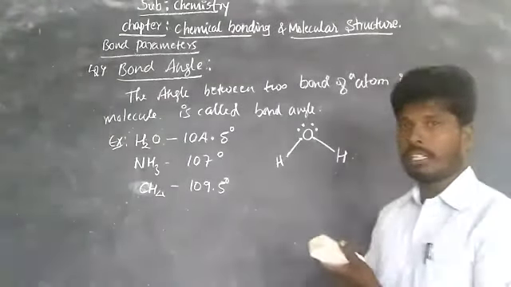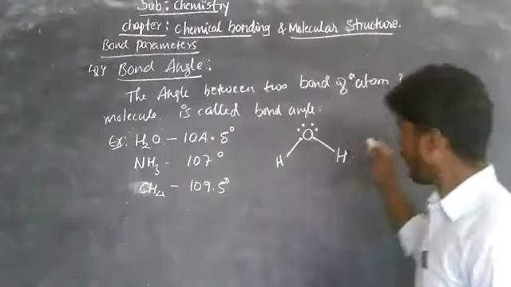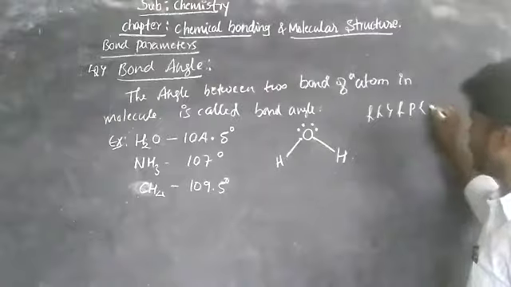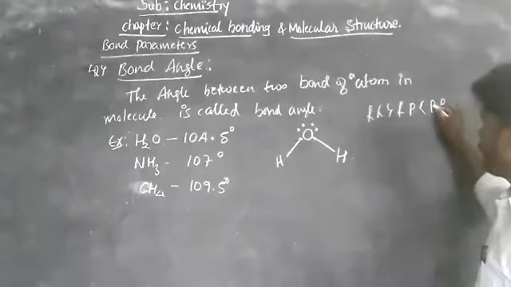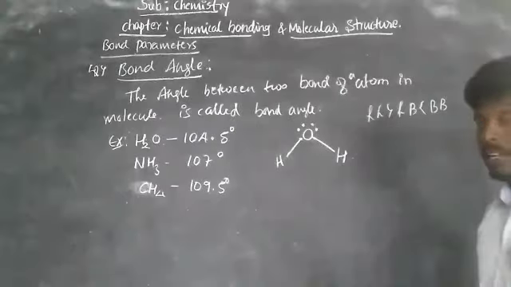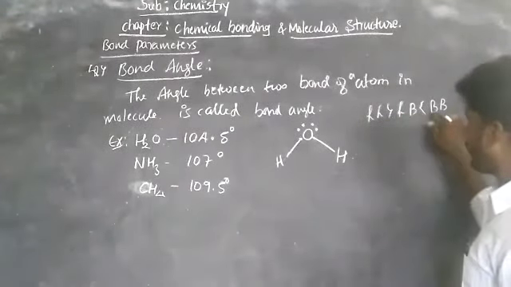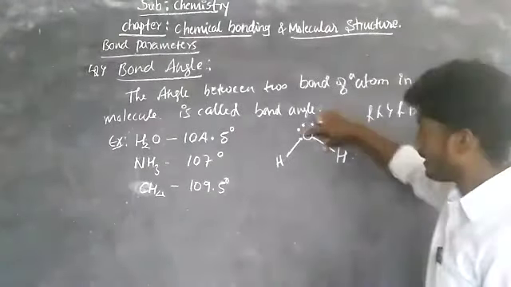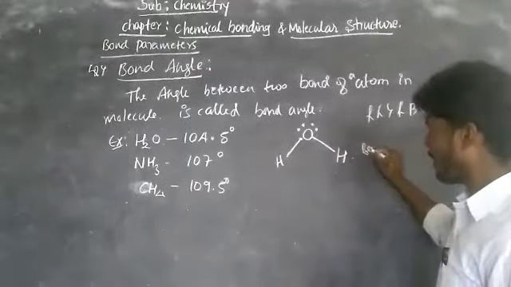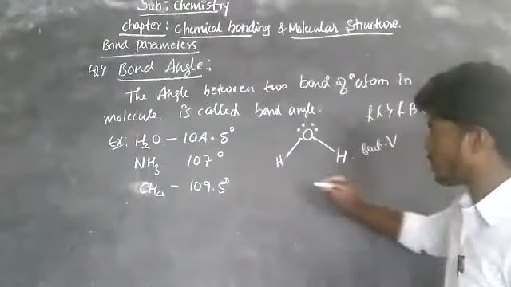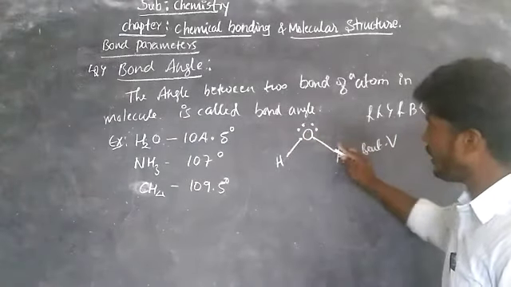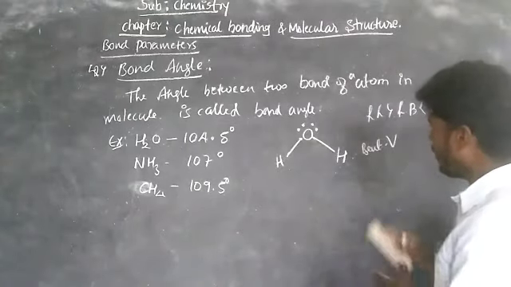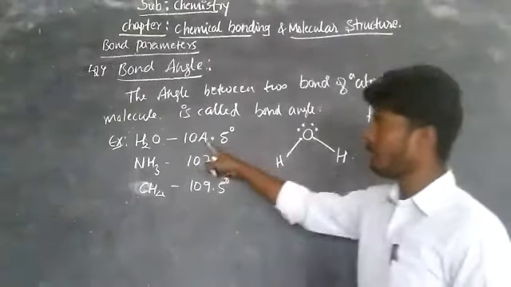And I told you in the last chapter, the repulsion between lone pair and lone pair is greater than between lone pair and bond pair, which is greater than between bond pair and bond pair. Lone pair-lone pair is greater, then lone pair-bond pair, then bond pair-bond pair. It means the lone pair repulsion is high, so the shape of the water molecule is bent, or we also call it V shape. This is like a reverse V, and if we turn the molecule upside down, you get exactly a V shape. Now here the bond angle is 104.5 degrees.